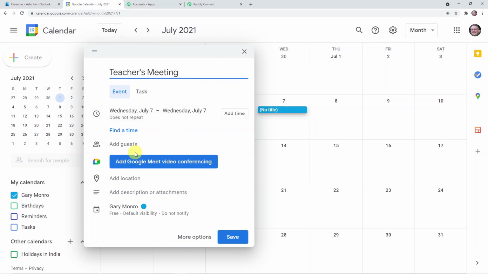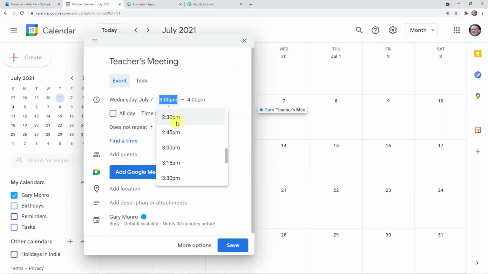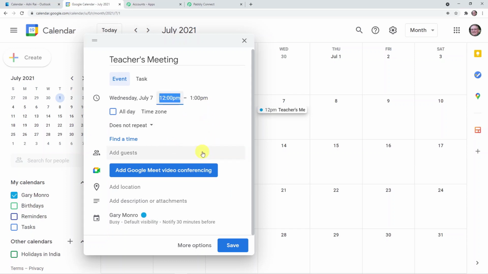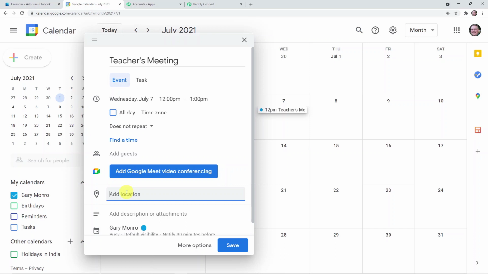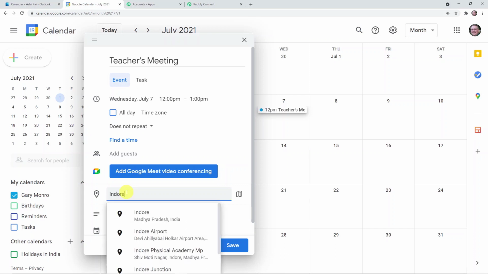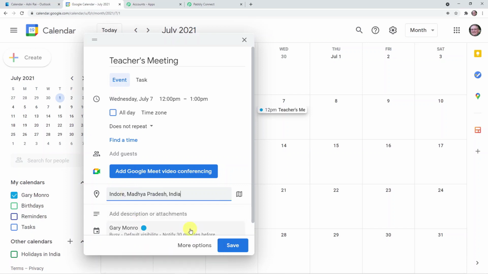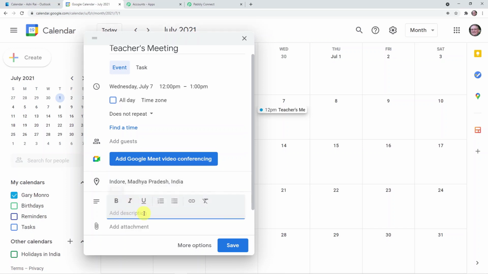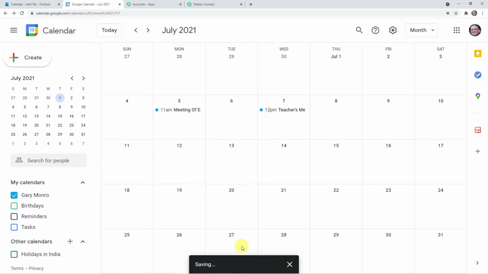Okay, and here I'm adding the time that is 12 p.m. to 1 p.m. Okay, and here the location is Indore. Okay, and description is, I can say, meeting of teachers. Okay, now click on save. Okay, here on the 7th of July, I have created an event that is teachers meeting.